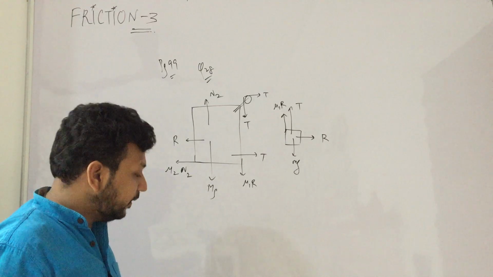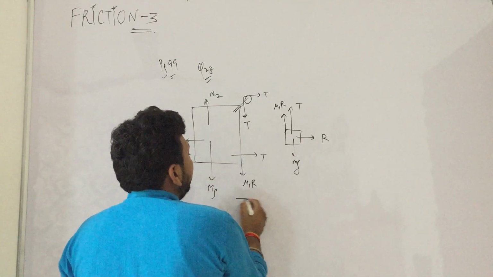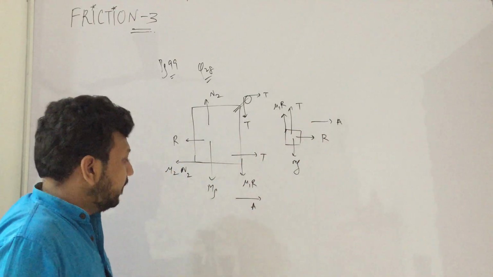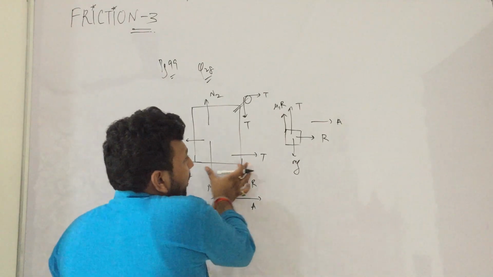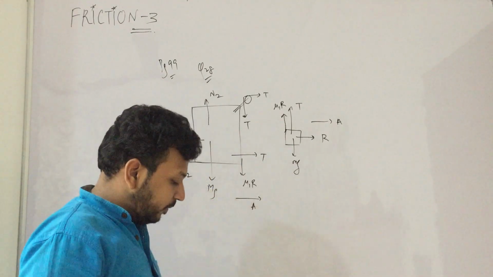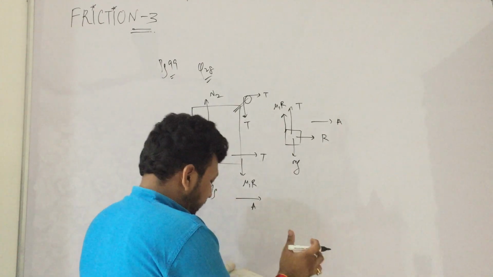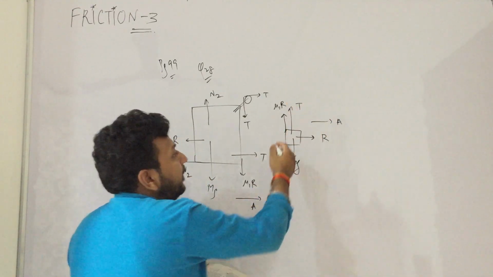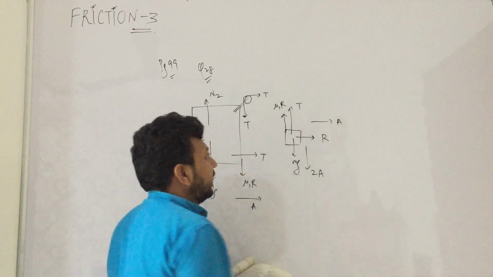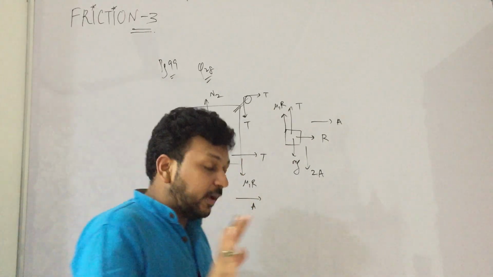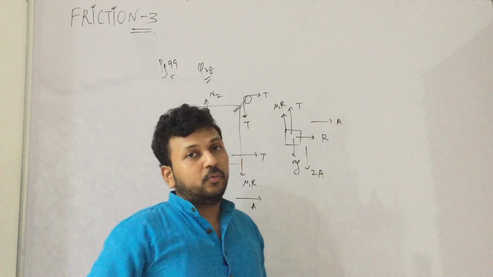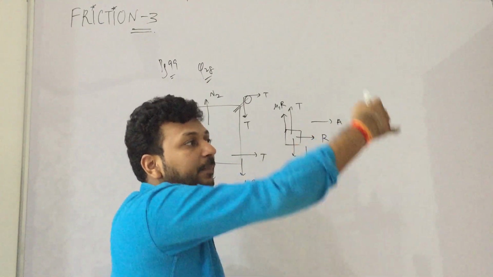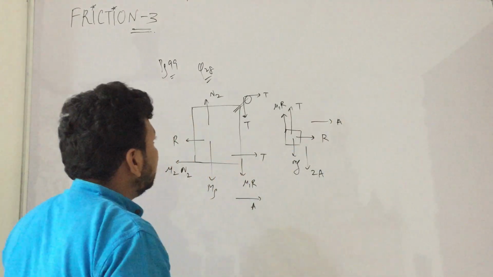And what more? If it is moving with acceleration A, this has to move with capital A acceleration. Another thing, if the capital M block moves by 1 meter, you can see in the diagram of question number 28, the string gets free 1 meter from the downside and 1 meter from the upside. That means small m will come down with twice the acceleration, 2a. So if capital M moves by 1 meter, small m comes down by 2 meters, because 1 meter gets free from both sides, bottom and up. This vertical part remains the same. So this is the FBD.